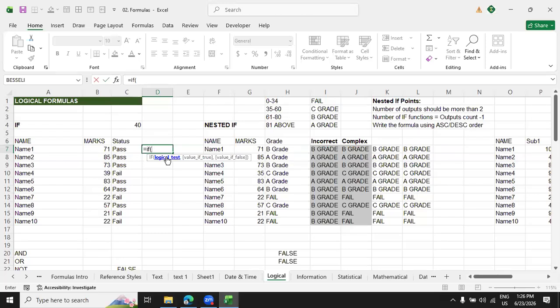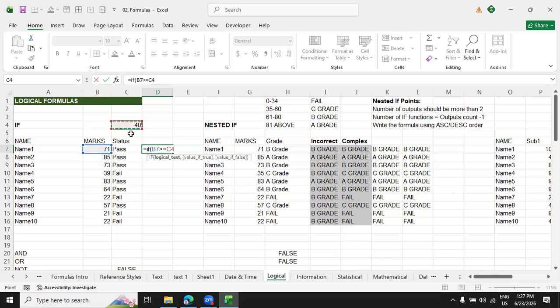What do you mean by logical test? Any comparison between two things, like greater than, less than, greater than or equal to, less than or equal to, and not equal to. Comparison between two things, like 10 greater than 9 or 10 greater than 25, anything. All these are comparisons. For that, here I will use marks greater than or equal to